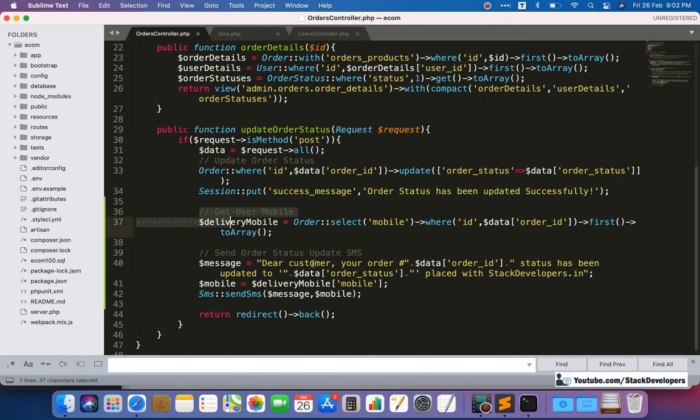Okay, so this script will work 100% if you integrate an SMS package in your website by buying the SMS package from any website. Okay, so after sending the SMS, I assume that you are able to integrate this one, and if you have any difficulty, you can surely contact me.